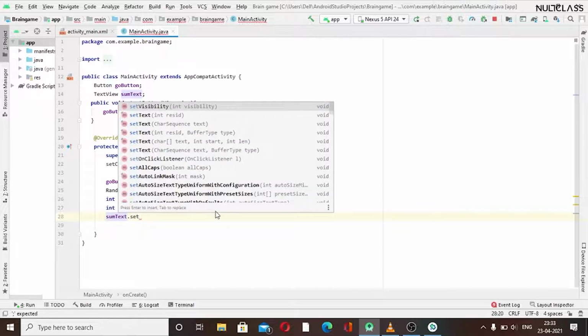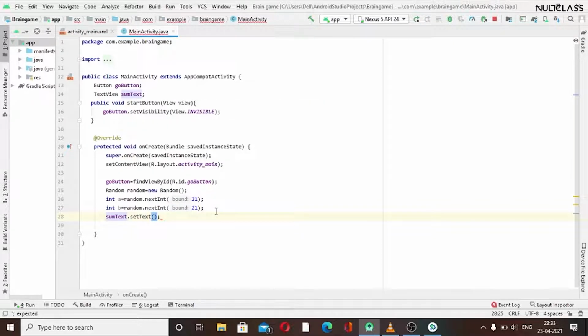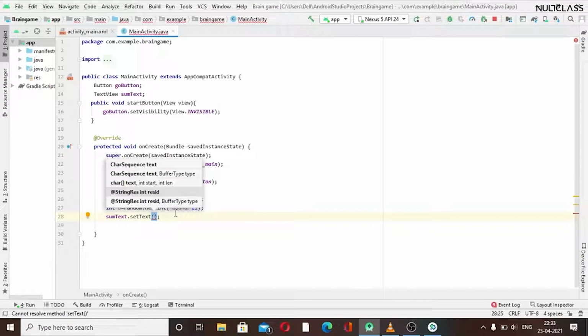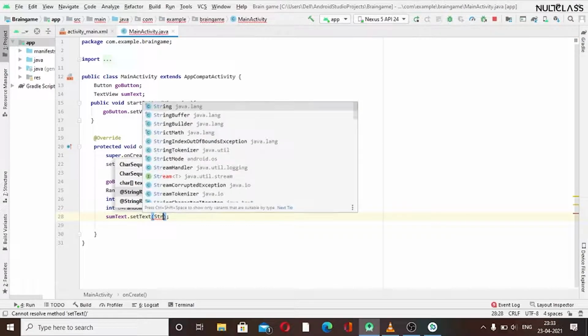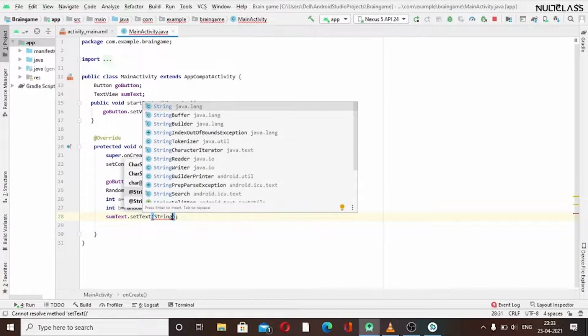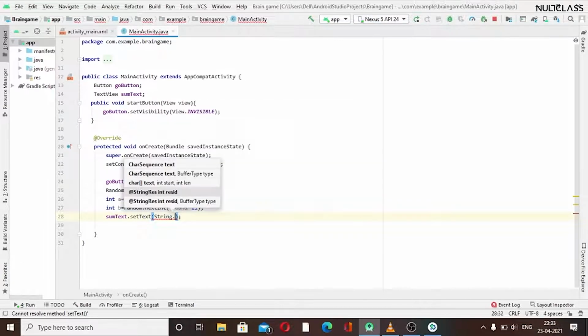We have a method called setText, and inside of that we will pass our two integers a and b, but we want that in the form of a string, as we can see here we can enter string only. To convert integer to string, we can do it in Java by String dot toString. We can see we'll be having a method here.